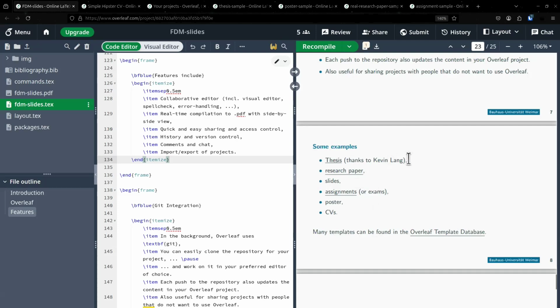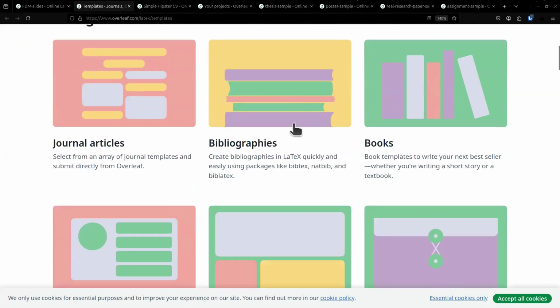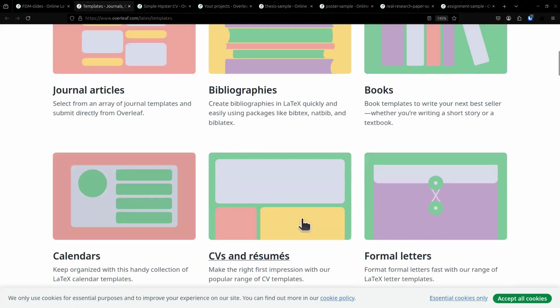Also, if you want to, for example, create some research paper or other things, you can look at the Overleaf template database. So this is also a very helpful database for LaTeX templates. This is very extensive. So for example, you have templates for journal articles, bibliographies, books,